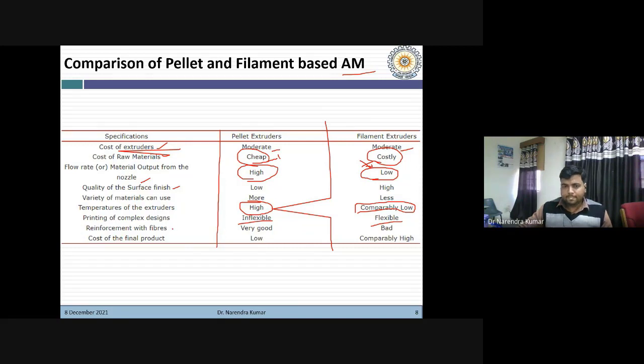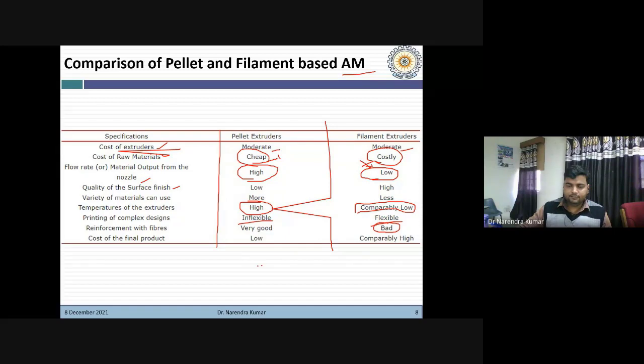Reinforcement with fiber. Since we are not manufacturing filament for the process, here we can reinforce fibrous materials and other materials easily. So that's why the reinforcement with fiber is very good in the case of pellet extruder, and that is bad in the case of filament extruder. Because with reinforcement, there are a lot of challenges in the manufacturing of filament.